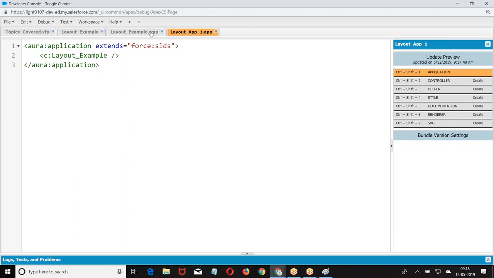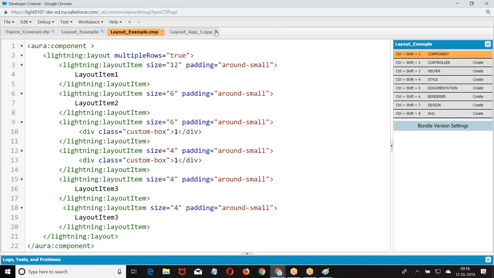Layout with layout item. Now, the previous example, what I have taken? S object. Now, I will combine the S object with this concept. Let us take this example. Listen carefully.